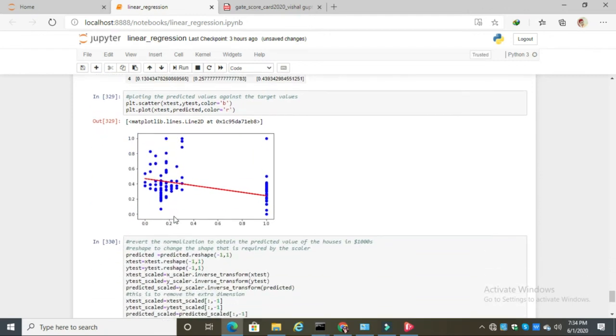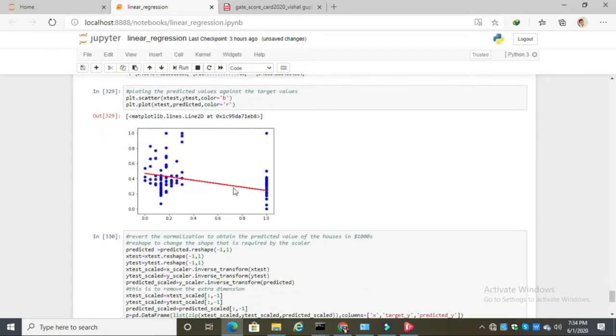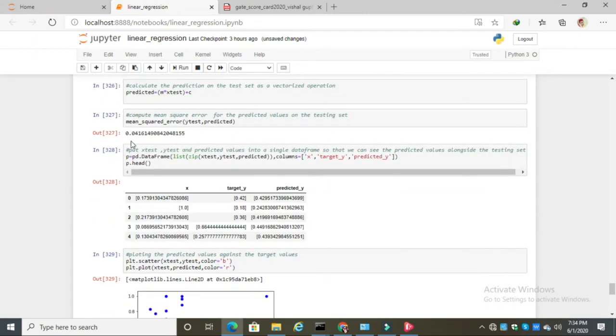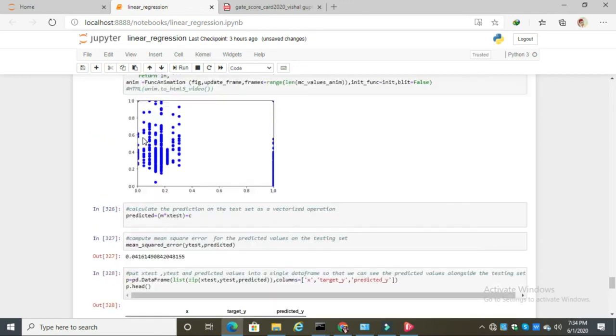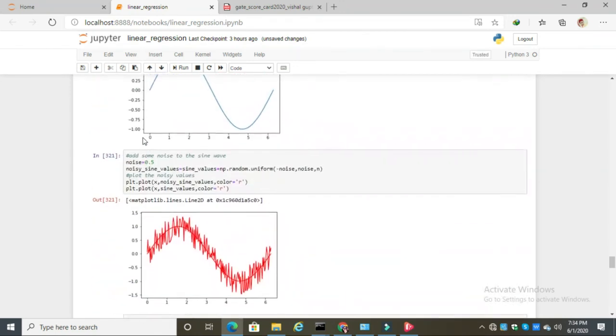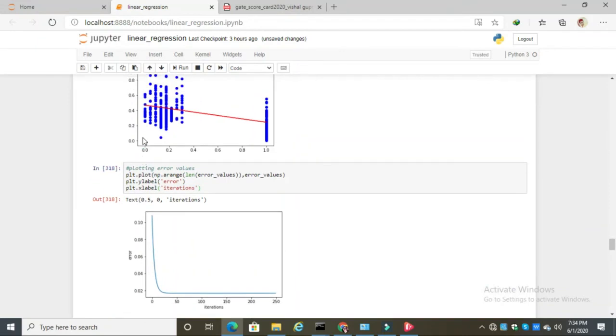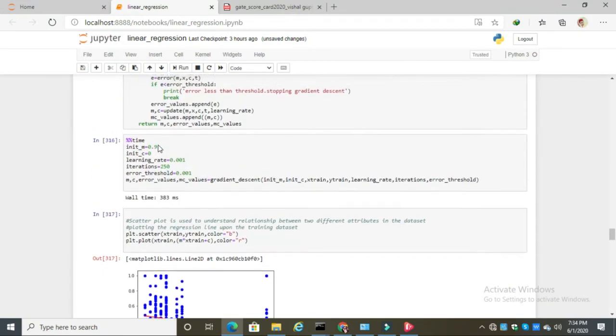See, now the output of the curve changes. Also here the mean squared error is 4 times the previous one. Okay, this curve also changes.